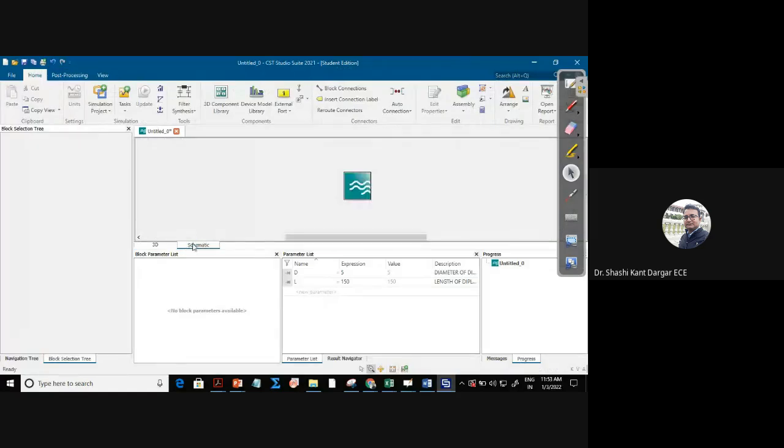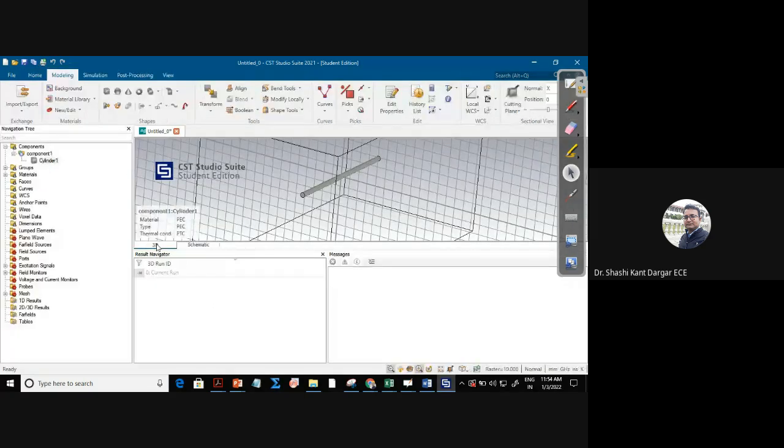Go to schematic. Here you can see D. It has already now knowing what is D. D is 5 millimeter we have entered, right? So it is showing diameter of dipole, and L is already there. So if we write now anything L another, it will be overlap with this thing. So we don't want that to overlap. Go to 3D again, and here go for another cylinder,